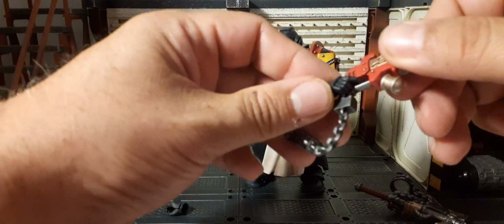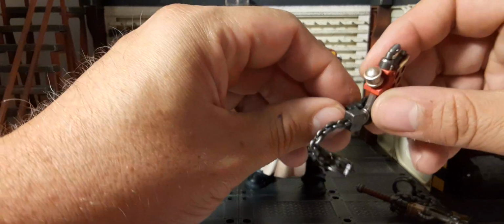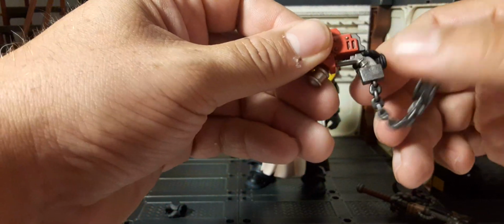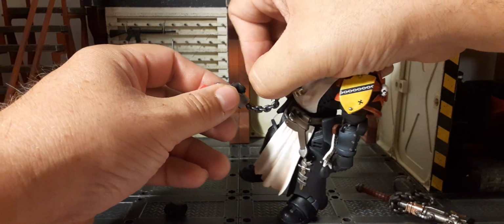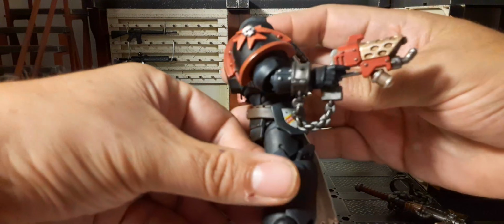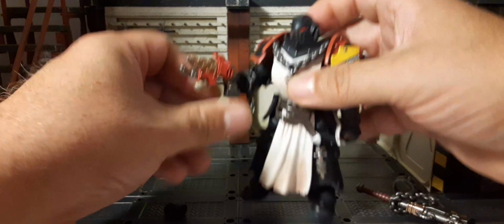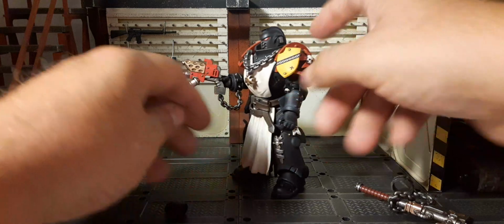And then you can see, I don't think they really thought this through very well. See how it kind of gets in the way if you had the hand on. It's not going to be fully seated in this hand because you have that piece on. So it's actually definitely tricky. And that's how that would look. Basically like that. That looks pretty unique to this guy, because I don't think I've ever seen that before. So it blew my mind. I don't think we actually ever seen